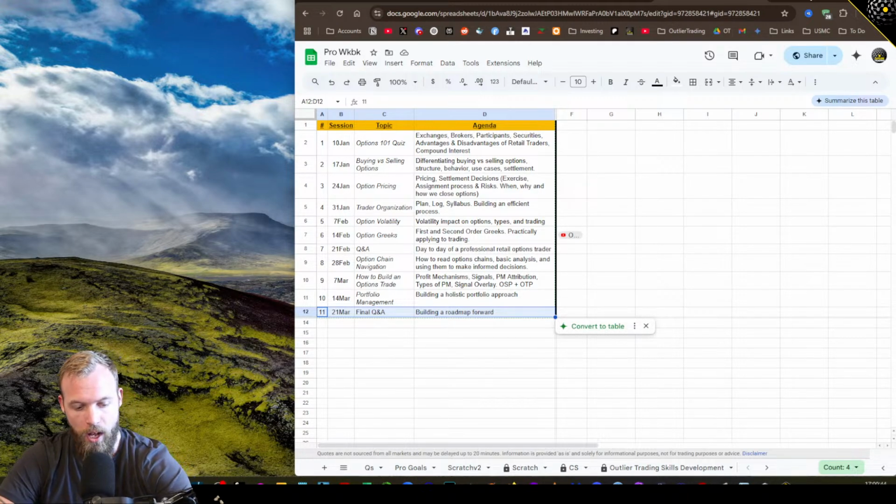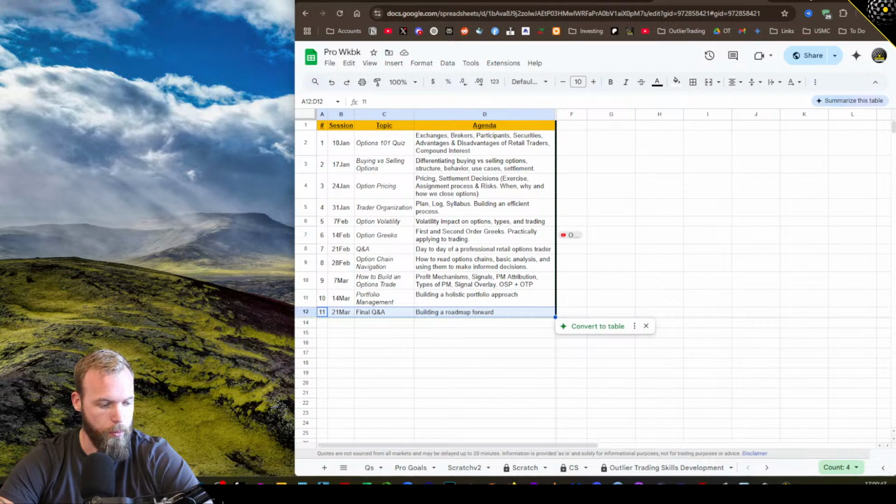And the goal behind doing these is to help provide structure. The time that we spend together for 1 hour on Friday to take a look through this stuff is in no way, shape, or form sufficient in order to learn enough to quote unquote be an options trader. But it provides you context and it gives you structure to learn to follow along on some of the key themes that go into making this a viable approach.